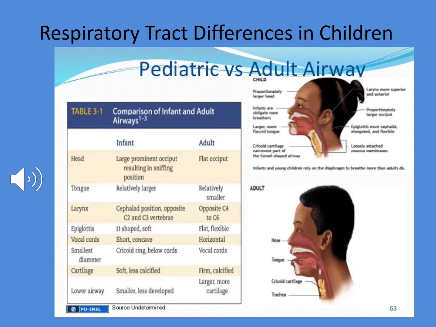When we talk about respiratory tract differences in children and we look at the anatomy and physiology of the respiratory system, there are some definite differences between the child and the adult. Thinking about those respiratory tract differences, the frontal and sphenoidal sinuses don't actually develop until about 6 to 8 years